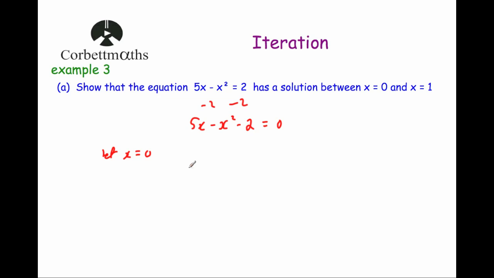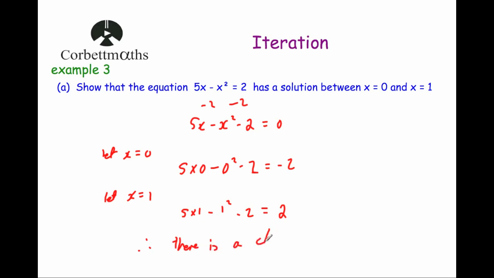So when we let x equals 0, we do 5 times 0 minus 0 squared minus 2, which is 0, take away 0, take away 2, that's minus 2, which is negative. We're going to let x equals 1, and that'll be 5 times 1 minus 1 squared minus 2. Well, 5 times 1 is 5, take away 1 is 4, take away 2 is going to be equal to 2. And as you can see, one's negative, one's positive, so we can say therefore there is a change of sign,